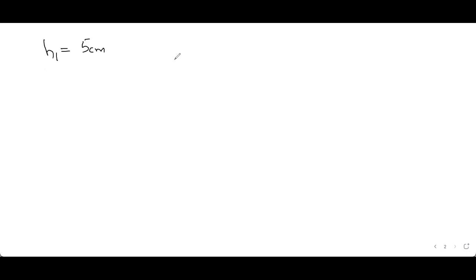And we will take H1 equals to plus 5 because the convention is कि हम object को सीधा ही रखते हैं. Object को उल्टा रखने का क्या मतलब ही क्या? The erect and image is with respect to the object. अगर object ऐसा है और image ऐसा है, then we will say the image is inverted. If the object is like this and the image is also like this, then we will not say that image is inverted. The image is erect क्योंकि object भी तो ऐसा है. So H1 will be positive. H1 will be positive. Good.